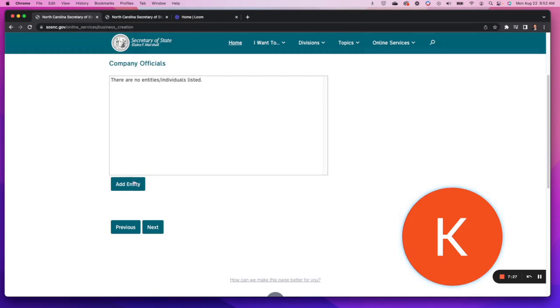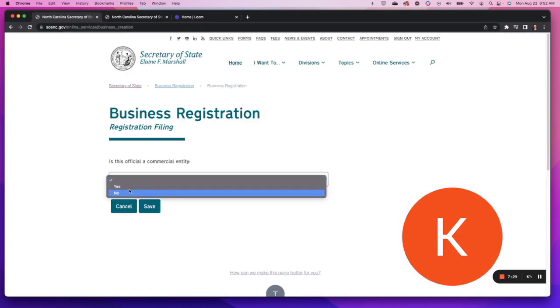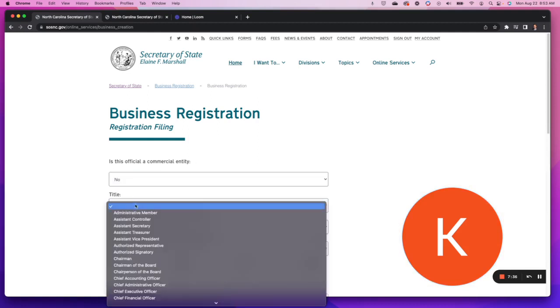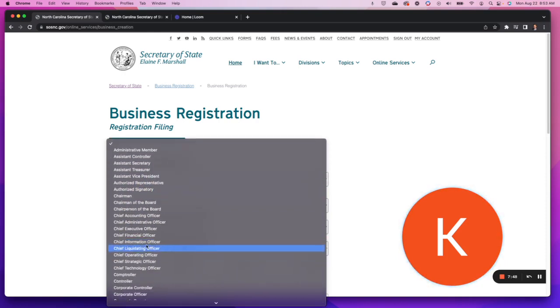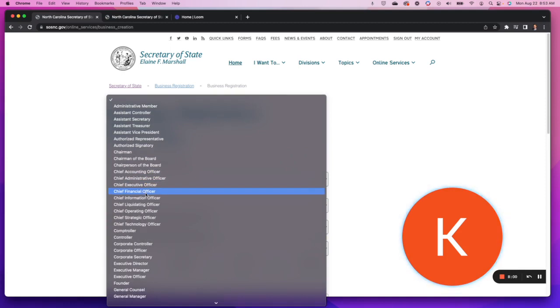Company official. Is this official a commercial entity? No. So this is where you list out again who is the treasurer, the secretary, the controller, who's an authorized representative. In our case, since it's an LLC, we don't have to actually list all of these. We don't have to list who's the CEO. We don't have to list the controller and the secretary and the treasurer and all of that. Here is where they just want to know